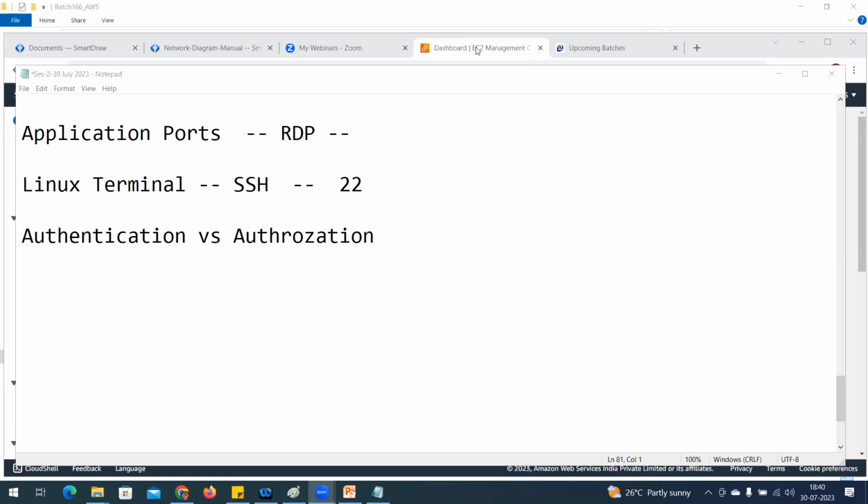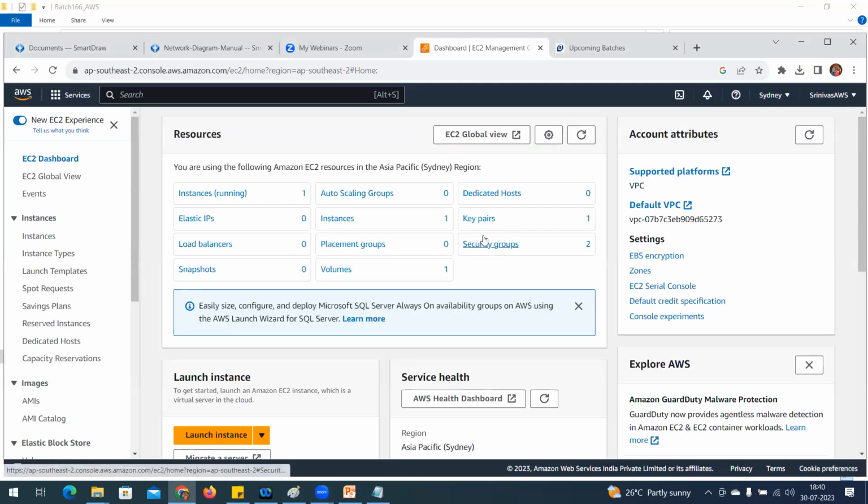So coming over here in the dashboard, the security group initially was 1, now it is 2. What is this security group going to do? The first security group, as soon as you registered, lets you log in and create an instance. That is authorization. That initial security group has that permission for this particular My Srinivas AWS account. Now, what is the second security group created for? It is created for some further permission. We are going to see it.